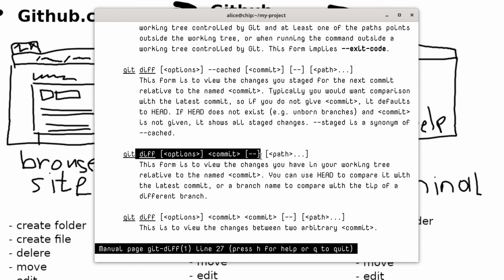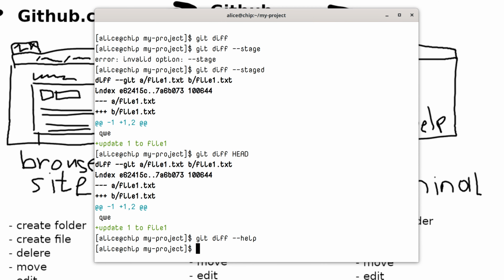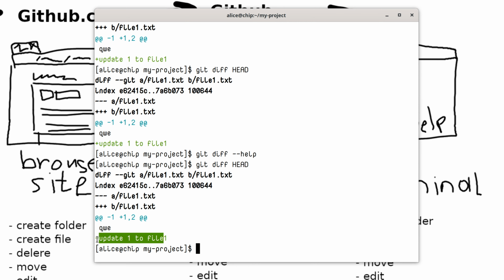This form is interesting for us now. This form is view the changes you have in your working tree relative to the named commit. You can use HEAD to compare it to the latest commit, or a branch name to compare with the tip of the branch. So basically what it means is that git diff HEAD will show the difference between our latest commit and the working directory, and because we have a file in our working directory that is tracked by git and changed,